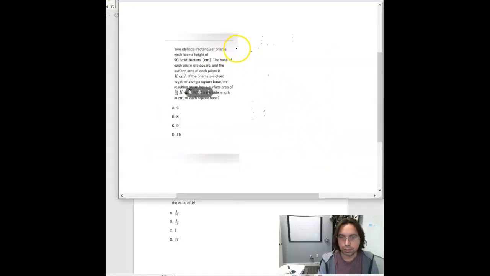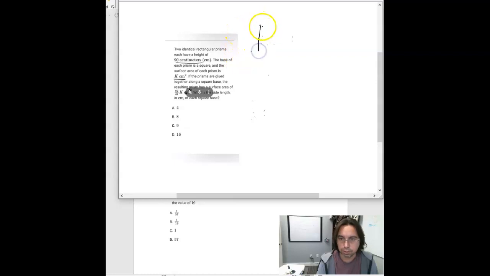what's being asked of us is we have one rectangular prism. It says the two identical rectangular prisms each have a height of 90 centimeters, and the base of each prism is a square, and the surface area of each prism is equivalent to k centimeters squared. So what that is suggesting, as we read this one along,